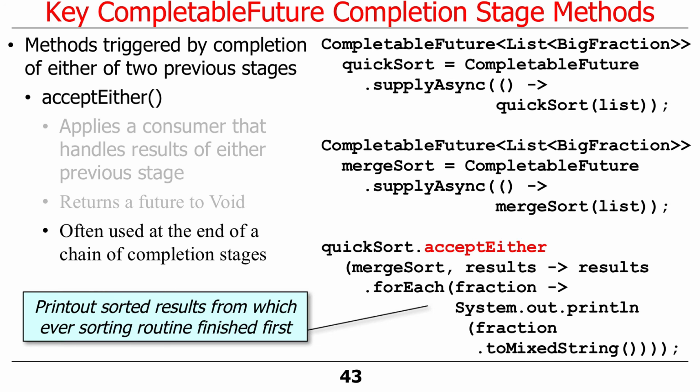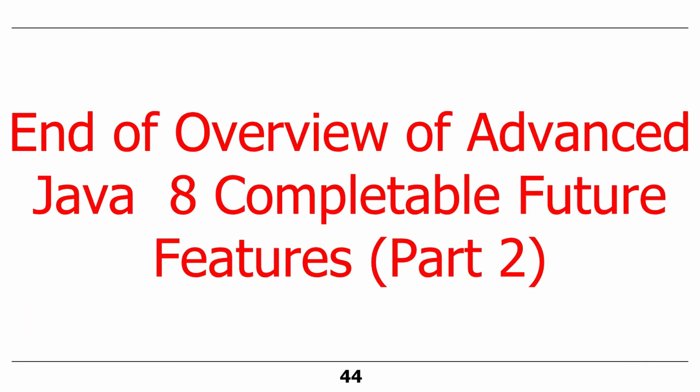So we run them both in the background, and then we accept whichever result comes back first. So it's either quicksort or merge sort, we don't care. We get the results back, and then we take the result, and then we go ahead and print it out. So that's an example of leveraging all the cores at our disposal to just do computation, and whoever finishes first, you take their result. Okay, so that is the end of the